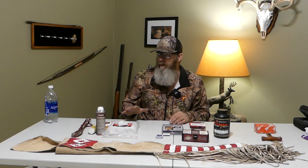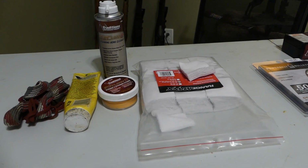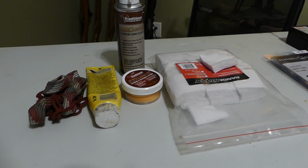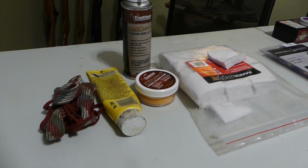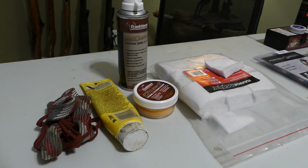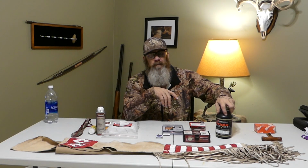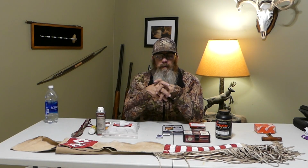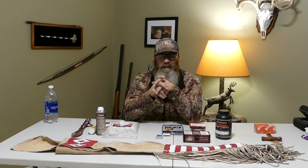The next thing I would talk to you about is cleaning and prepping your muzzleloader. It is a process, and one that needs to be taken seriously. If you do not clean these powders out of that barrel, you will not have a barrel the next year. It will be corroded, pitted, basically inoperable. I had a friend that stuck his under his bed after he got done using it one year and didn't clean it. It took us